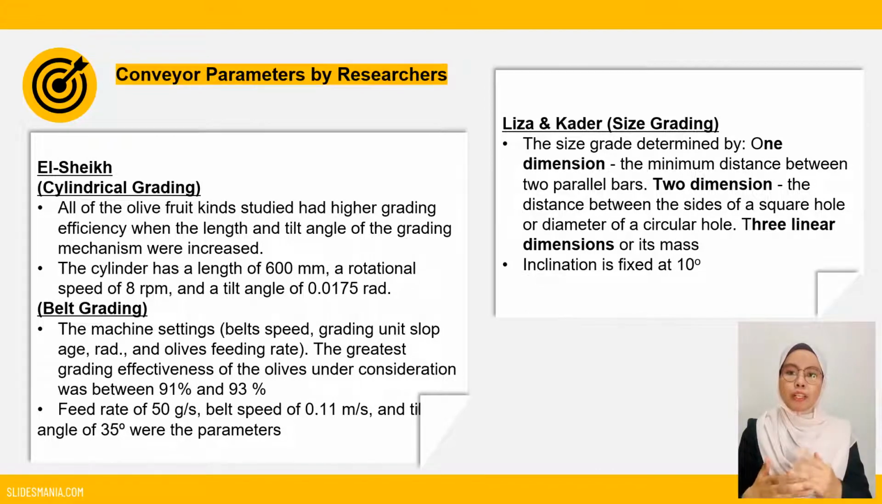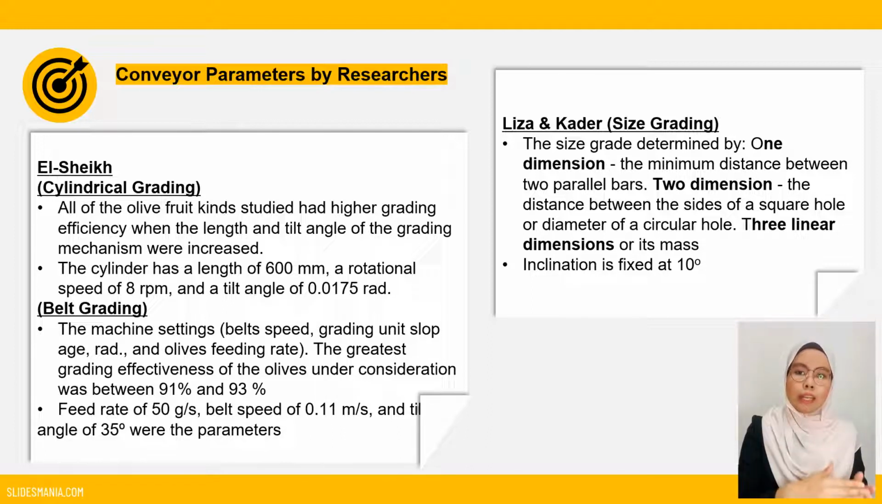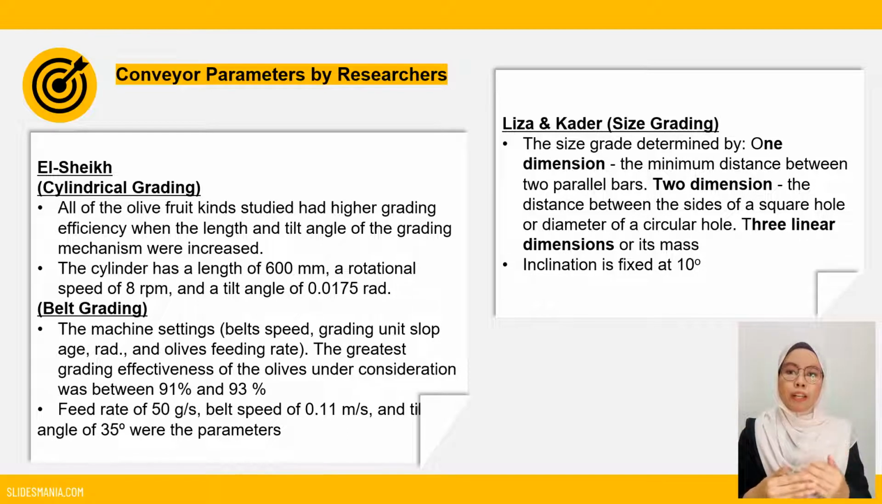By an L-shaped cylindrical grading, all of the olive fruit kinds studied had higher grading efficiency when the length and tilt angle of the grading mechanism were increased. The cylinder has a length of 600 mm, a rotational speed of 8 rpm, and a tilt angle of 0.0175 radian. By the same researchers, for a belt grading,